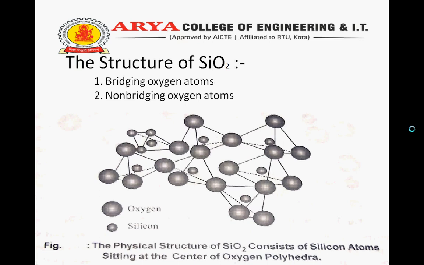In fused silica, there are two kinds of oxygen atoms. First is bridging oxygen atoms, which are bonded to two silicon atoms. Second is non-bridging oxygen atoms, which are bonded to only one silicon atom. The larger the fraction of bridging to non-bridging atoms, the more cohesive and less prone to damage the oxide is. Dry oxide has a much larger ratio of bridging to non-bridging atoms compared to wet oxide.